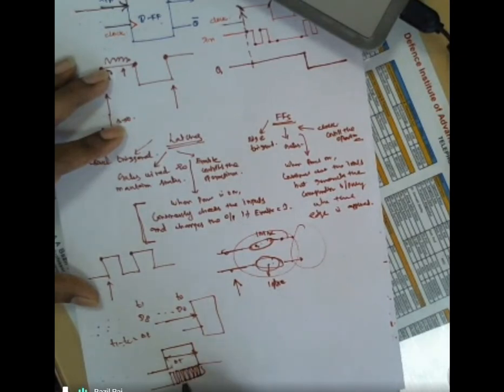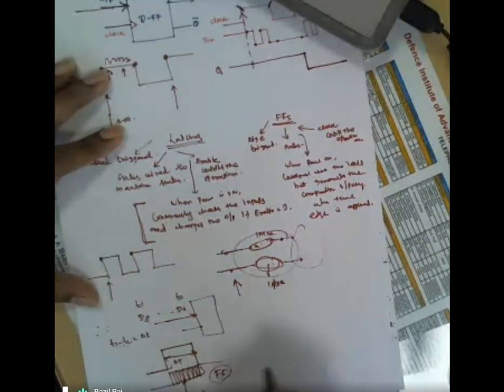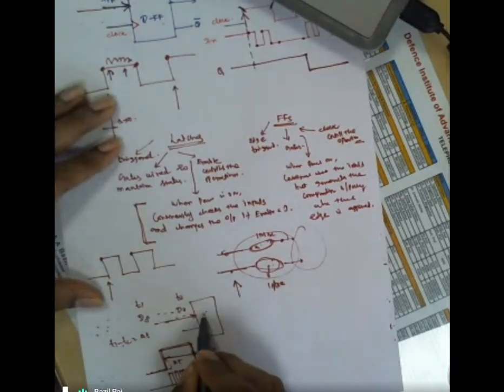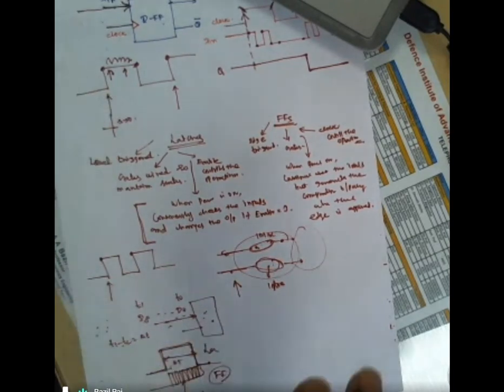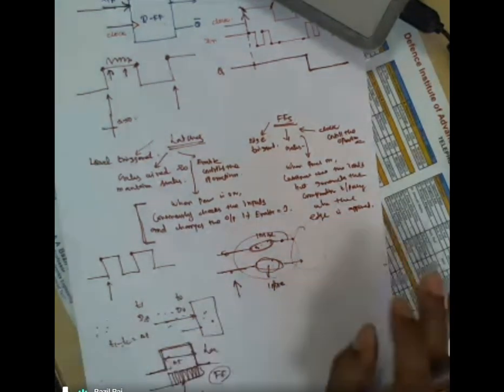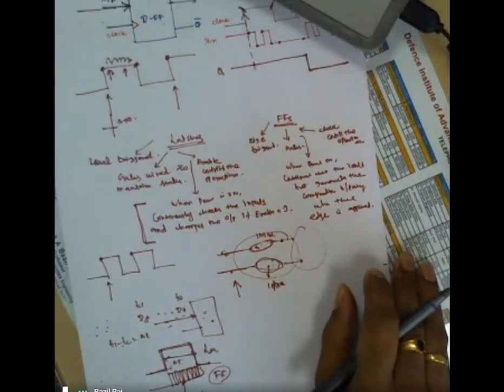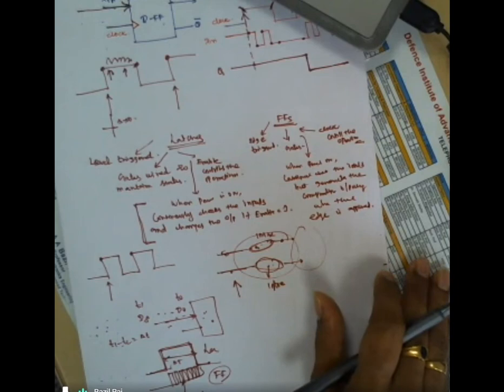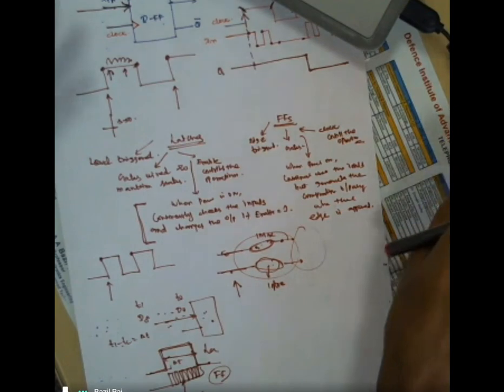Understand, no? That means 8 rising edges I'm applying here, so 8 bits will be taken inside if it is a flip-flop. If it is a latch, you maintain the on period for a certain duration, so that D0 will go inside, D1 will go inside, D2, D3, everything will go inside. Then you switch it off, you make it disabled. These are all things one should choose based on the application. But the idea is your latch will work for the entire duration of logic 1, but a flip-flop will work for only an instant of time. Understand, no? Yes, sir. Okay, right.